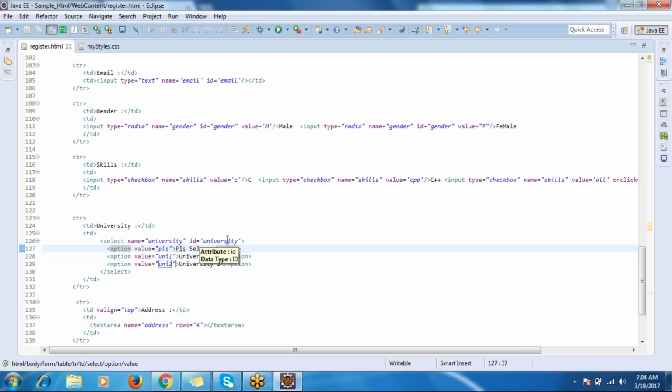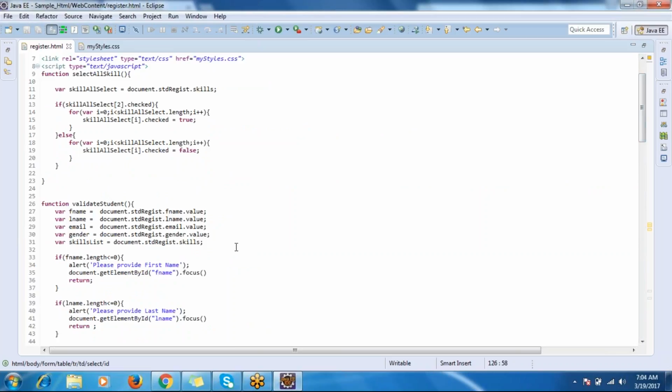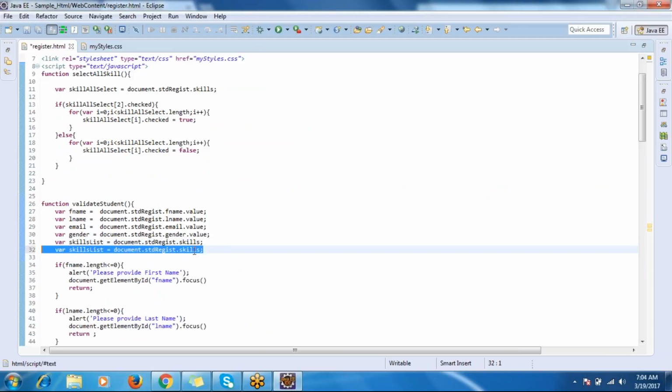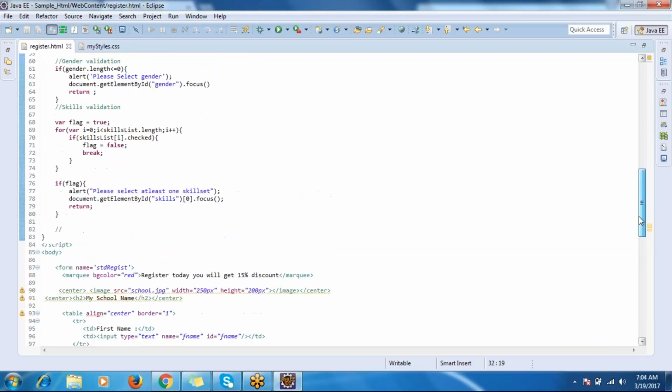Okay, now copy this one and go back to your submit validation. We need to read it in a similar way. Just copy the line as it is. Instead of skills, replace it here with value, and here just give the same name as university. And now come back here, and if university validation,